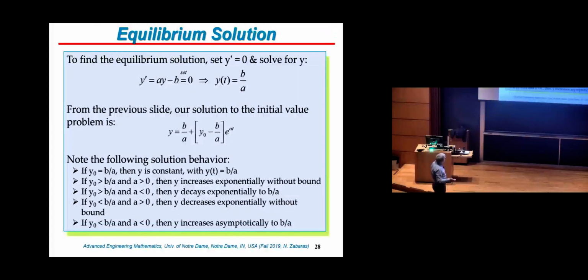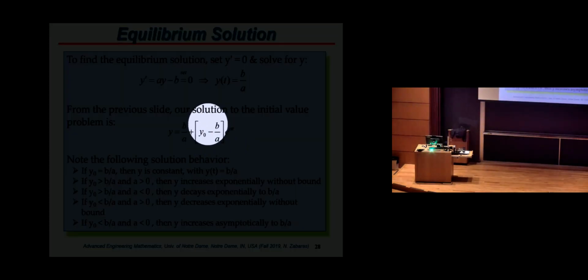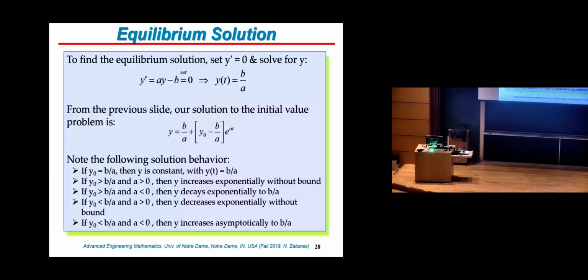And again, you can see from the general solution, the type of solutions you get depend on two factors. They depend on the exponent there, and this exponent is this coefficient A. So you can see immediately that if you have e to a positive number times t, this will grow exponentially to plus infinity if this coefficient is positive, or it will decrease exponentially to minus infinity if this coefficient is negative.